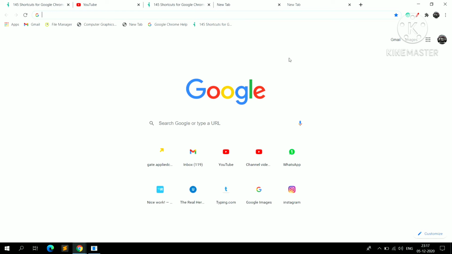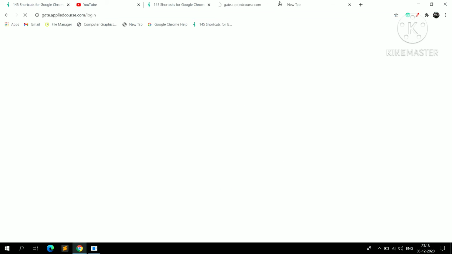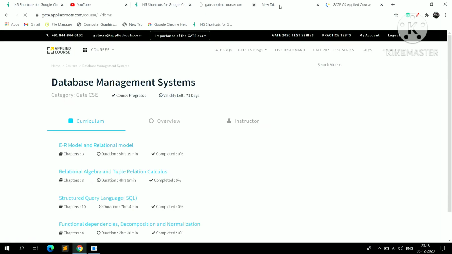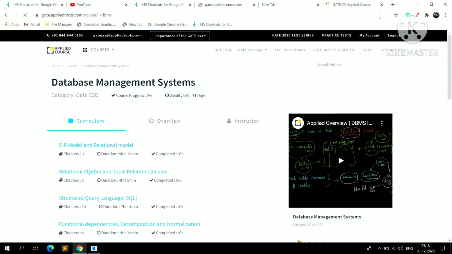If you want to close any tab, you press Control plus W, and if you want to open a new tab, press Control plus T. And the third one is important and very useful, Control plus Shift plus T. When you are working in any Google Chrome tab and suddenly the current tab closes, then how to open that tab?